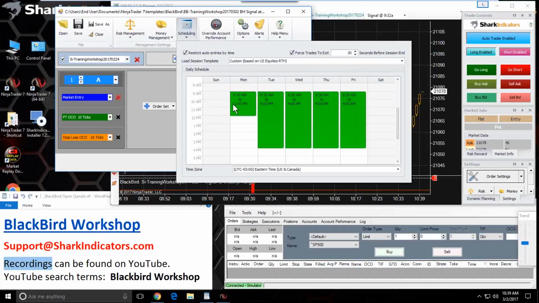BlackBird would not, for example, if I changed my session time from 9:30 a.m. to noon, then sure, BlackBird would exit the trade at noon, but it wouldn't take any more trades for the rest of the day, because you can see that our allowed trade time stops at noon time. So while this is one way to exit trades at a specific time, there are some strings attached and some